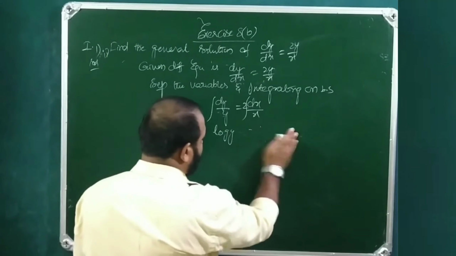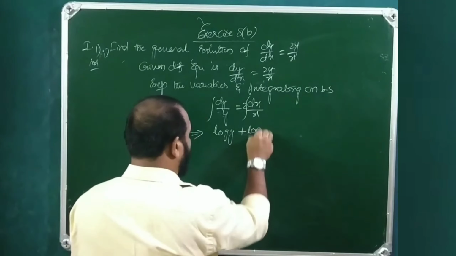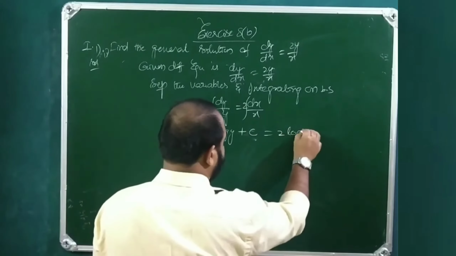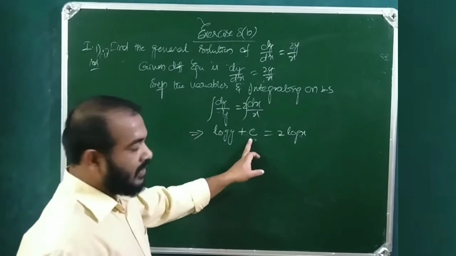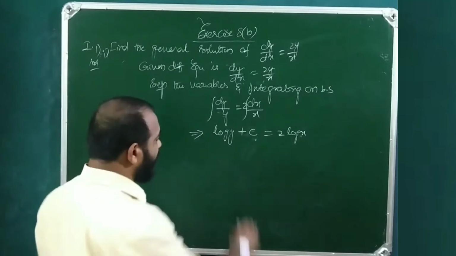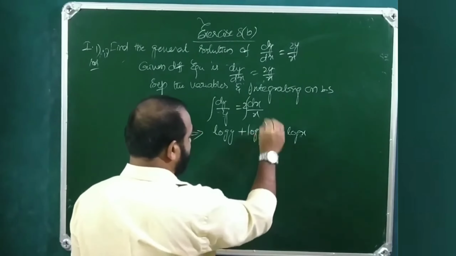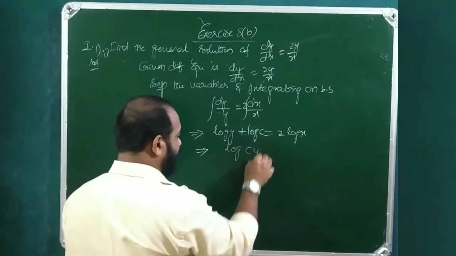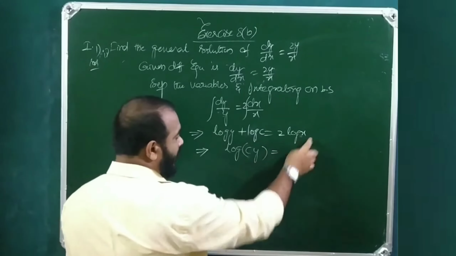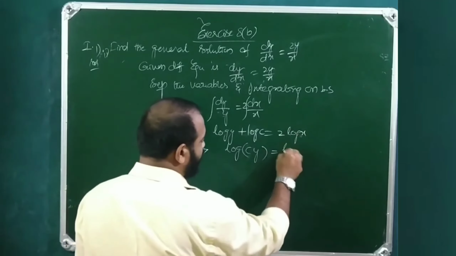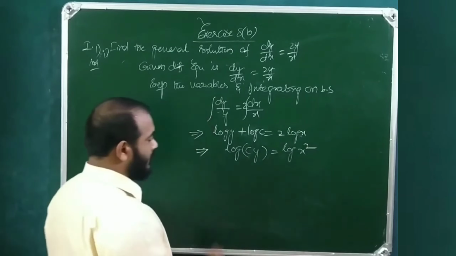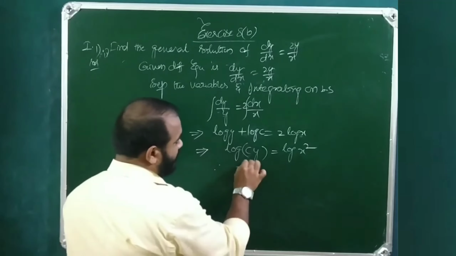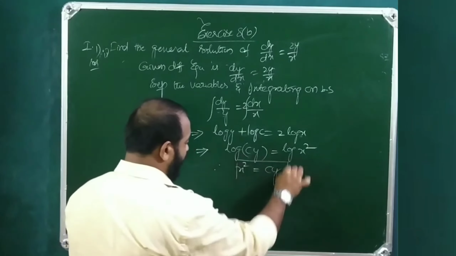So this gives log y plus log c equals 2 log x. Since c is a constant, we can even write c as log c. Now log a plus log b is log ab, so log cy. And n log a is log a to the power n, so 2 log x is log x squared. Therefore, if you remove the log on both sides, x square equals cy is what we are getting